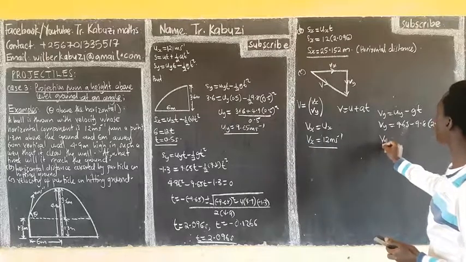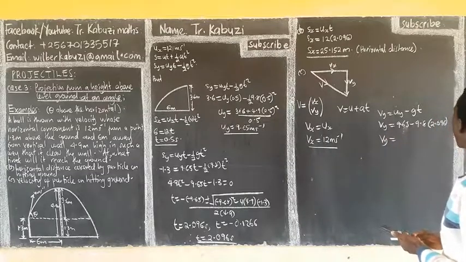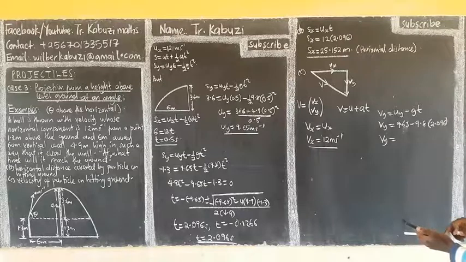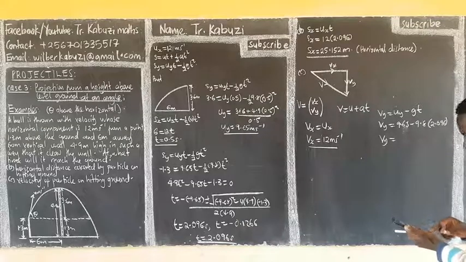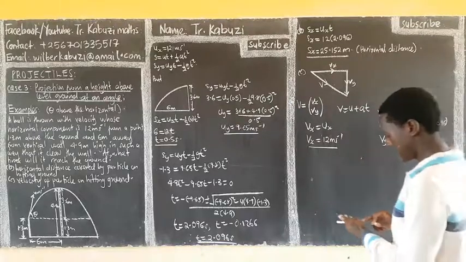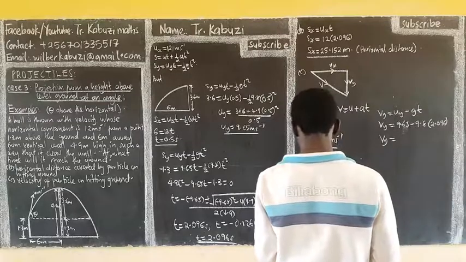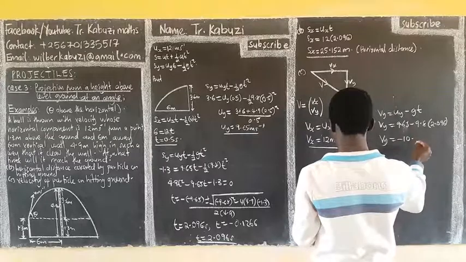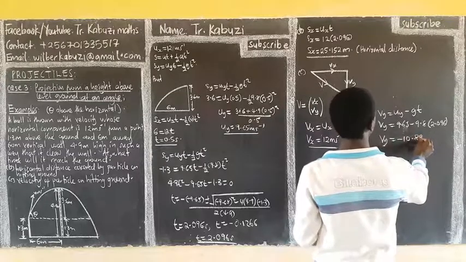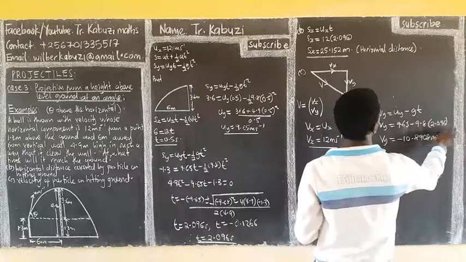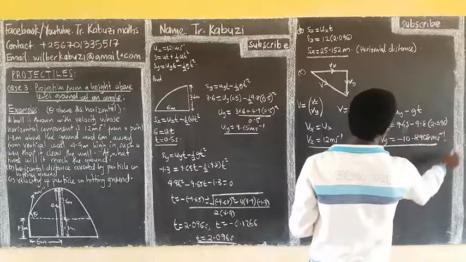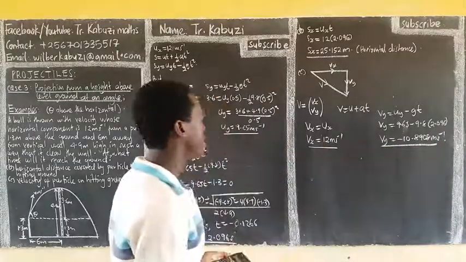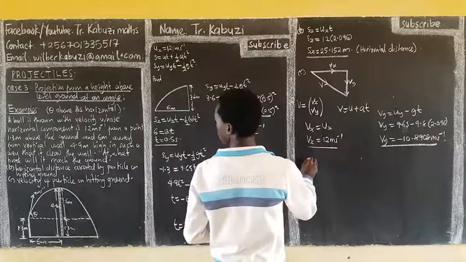So our Vy will be going to be negative 10.8908 meters per second. So now we said you can give the velocity in vector form, unless they are